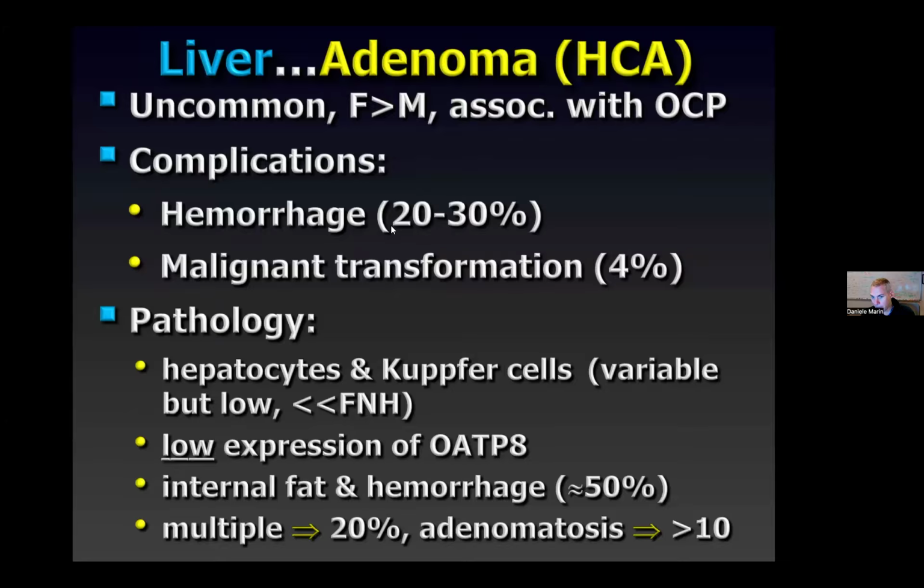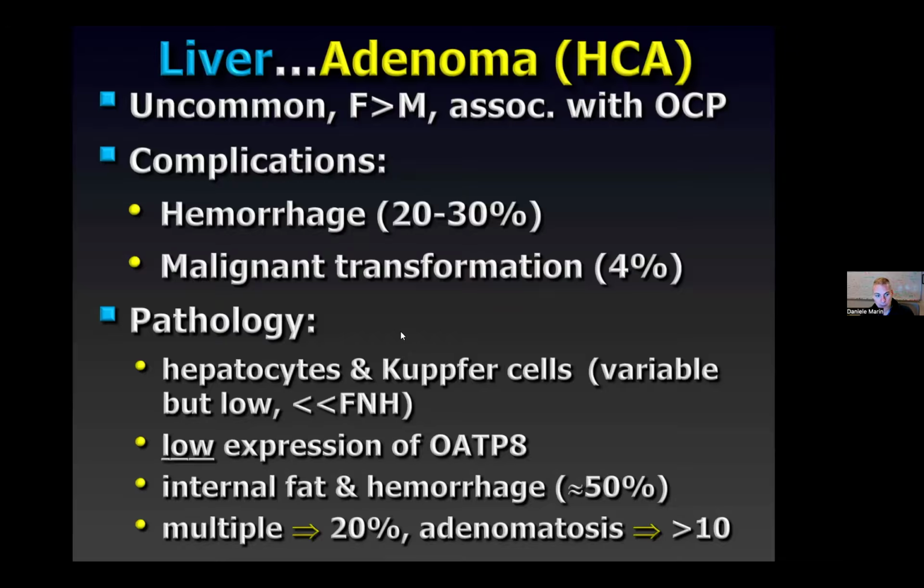Hemorrhage becomes very problematic when the lesion is large and abuts the liver capsule. And the reason why it's important to understand that is because you can have free rupture of the lesion inside the peritoneal cavity, large hemoperitoneum, and potentially even death related to that. The second important complication, much less common, is malignant transformation of hepatic adenomas. So there is a potential for malignant transformation, and it's important to recognize the signs of malignant transformation with hepatic